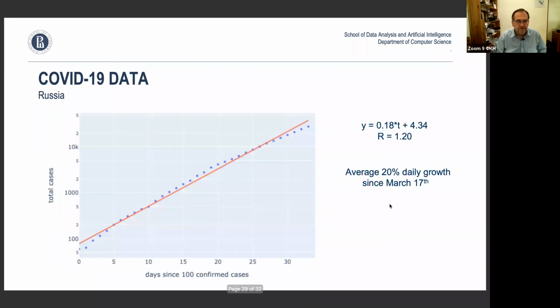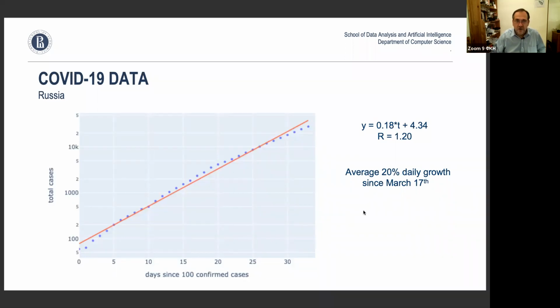And there you go. This is our data. This is Moscow. Now, the way I calculate it, I put here days since 100 confirmed cases. This is what people do right now, because you want to align different countries, since the infection started at different times in different countries. You align on some point, and the point of alignment among countries is a day when there were at least 100 cases reported.